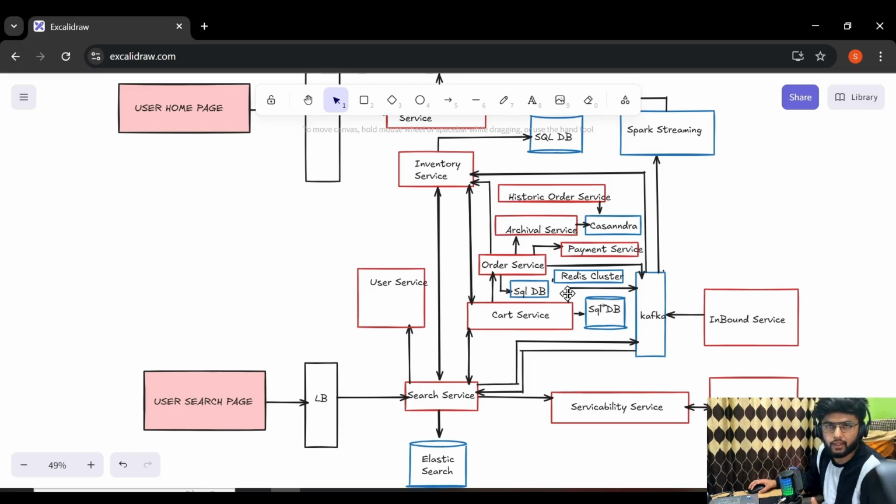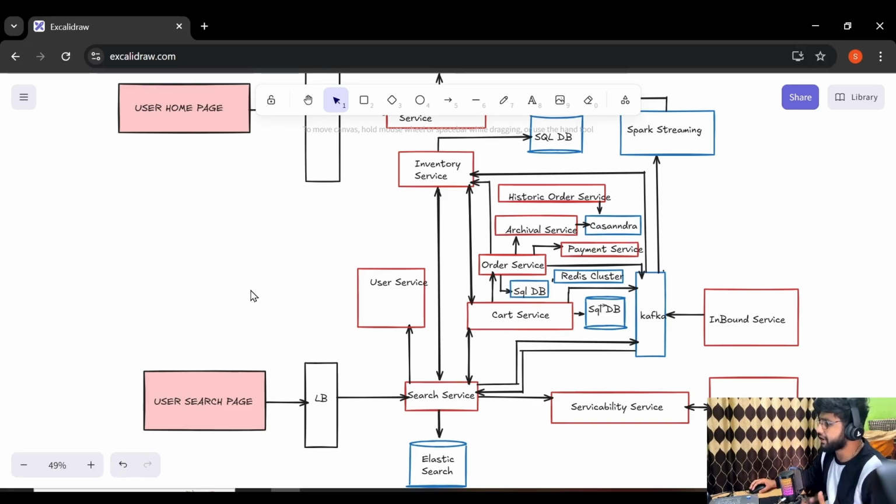In this order functionality, we can have multiple tables. We can have a customer table, an item table, and an order table. So we will be managing different tables. That means data is going to be very structured, and there will be lots of updates happening to this order service database for each order. At some point, order status will be created, at some point order status will be delivered, and at some point order status can be cancelled. So we will be having different updates for each order in this order service database.